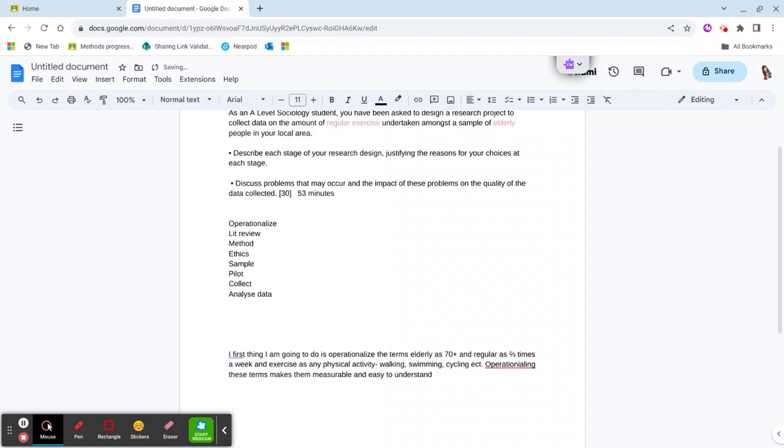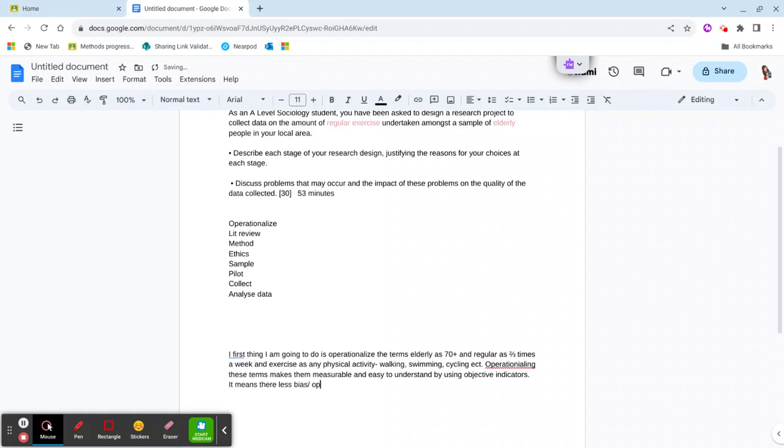Operationalizing these terms makes it measurable and easy to understand by using objective indicators. It means there is less researcher bias,